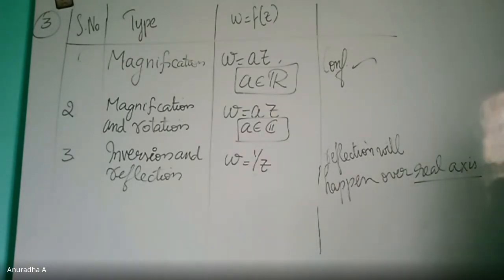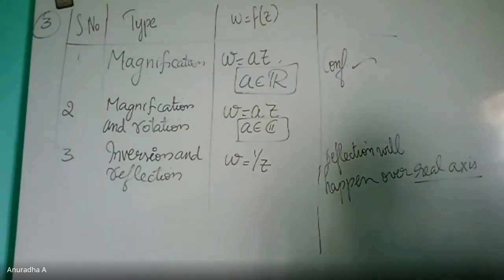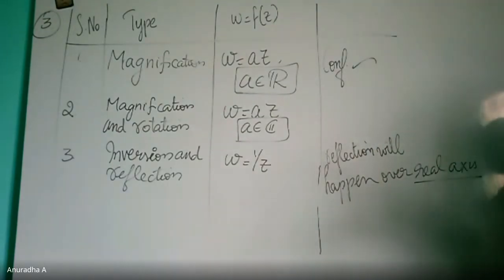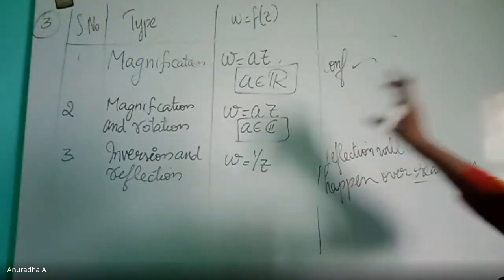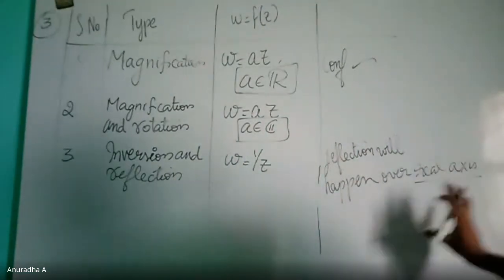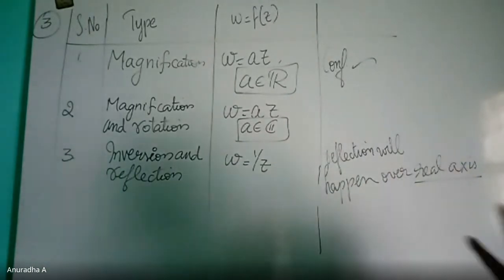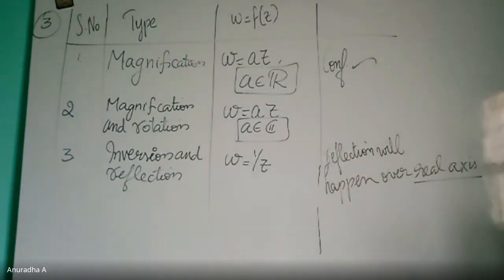Some more types are there, but those are not given for us, only these. The type of questions they will give: in the z domain, they will specify the region and the points, and give some function w equal to something. They will ask you to check how the diagram will be in w. It's like our practical geometry class; we have to know the practical view, and that is why this topic is kept. This is called the image, how the image will be formed. That type of questions will come. That is the first part.